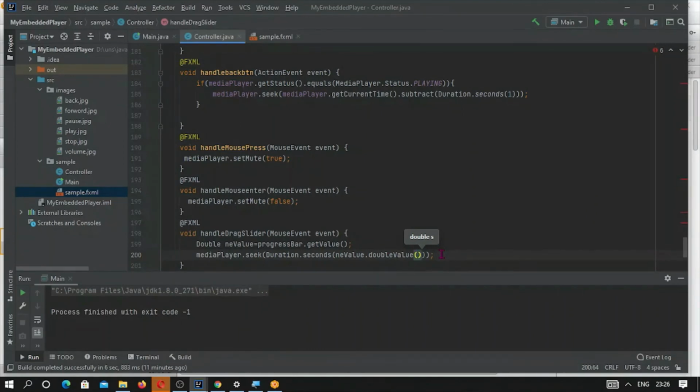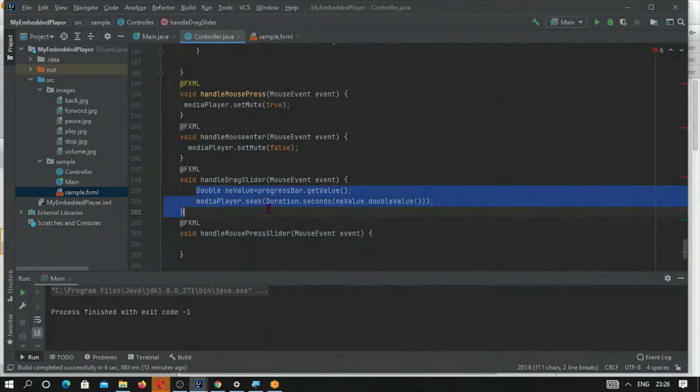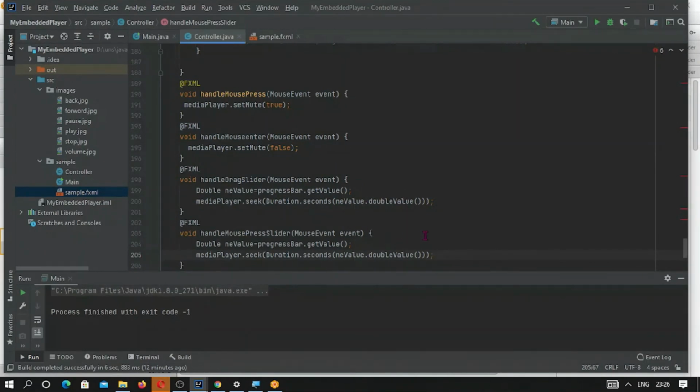So wherever our thumb drag ends, from there we will get the value of the progress bar, and after getting the value we will set the media player to that particular value. Okay, the same needs to be done for this.